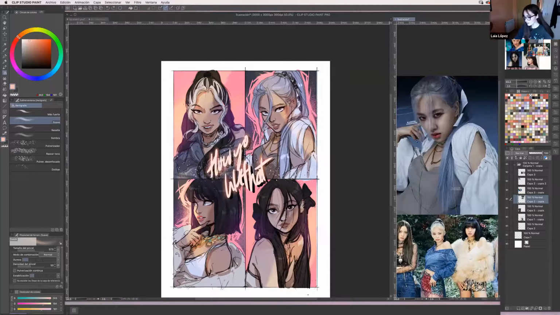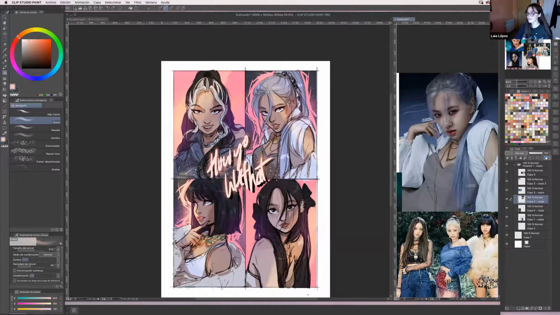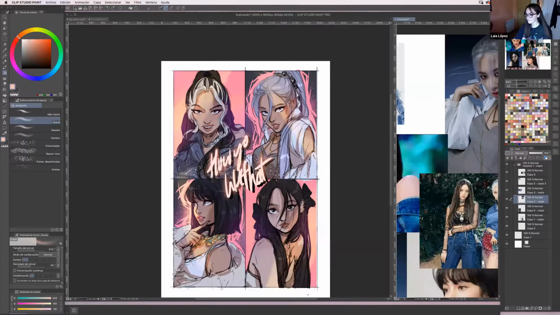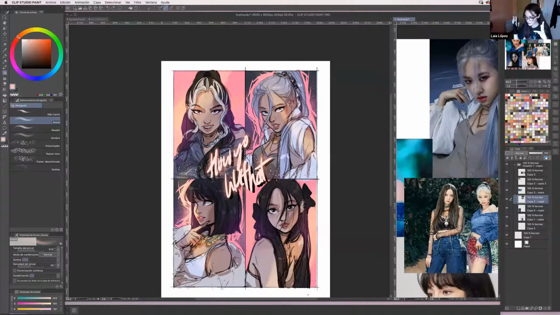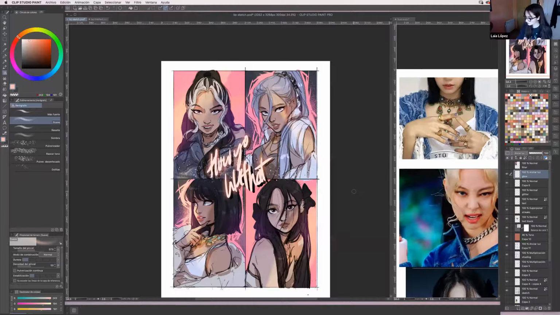And also her lip shape. I feel like the lips are the secret for me, it's on the lips and the way you draw the nose. I don't know. And for Lisa, like I said, she has a really dull kind of face, and she has really big round eyes compared to the rest of the girls. So I tried to draw that as well.